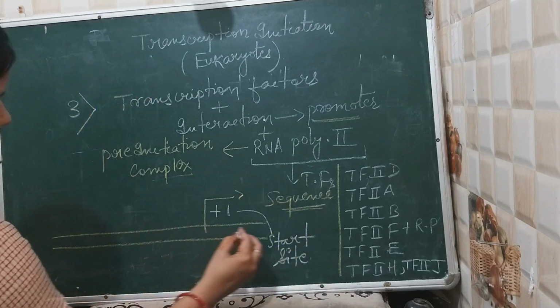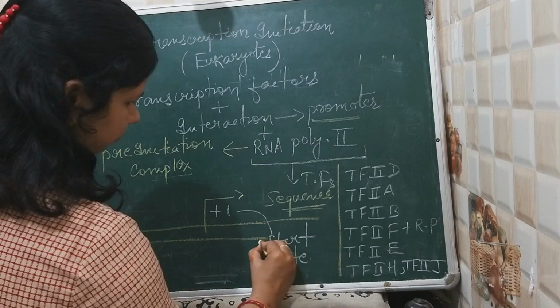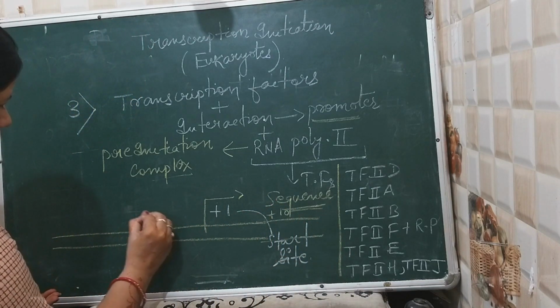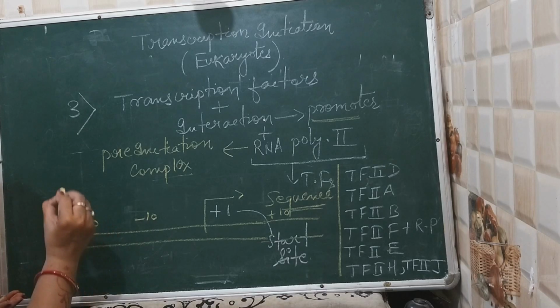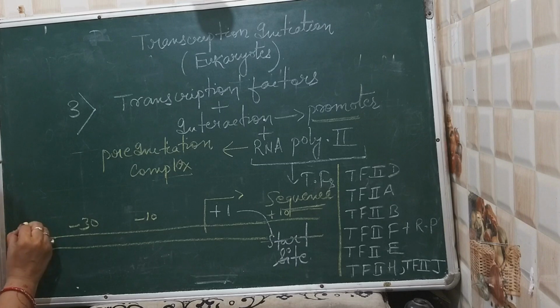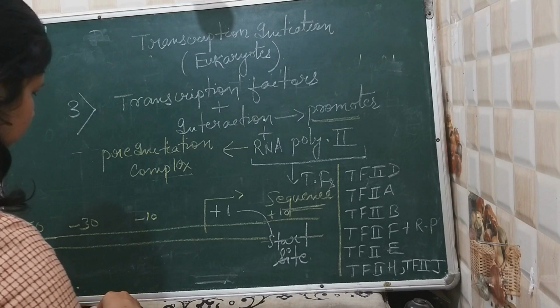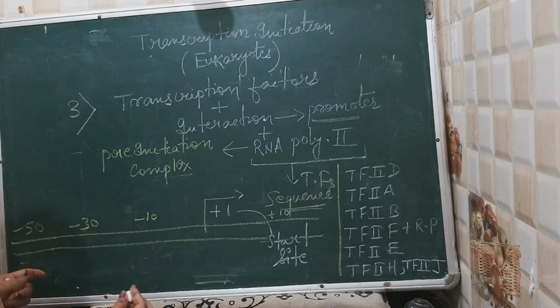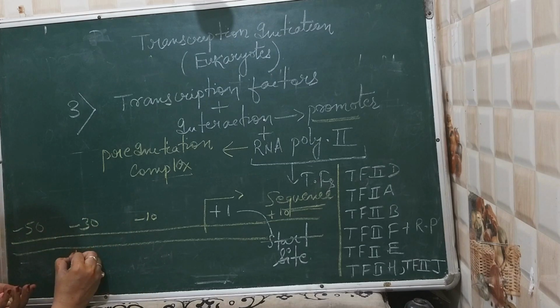And here +10, here -10, here -30, here -50 and so on. So at this -30, that means at the TATA box,